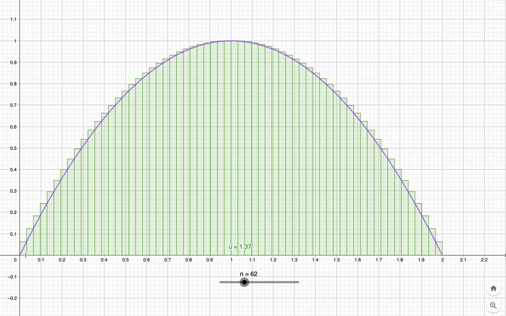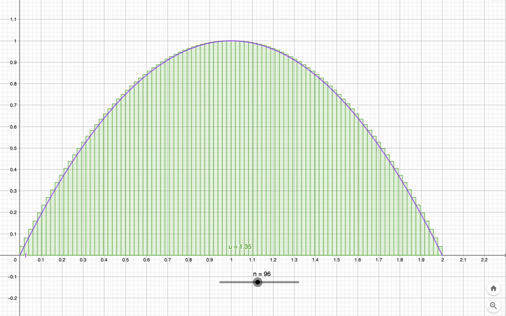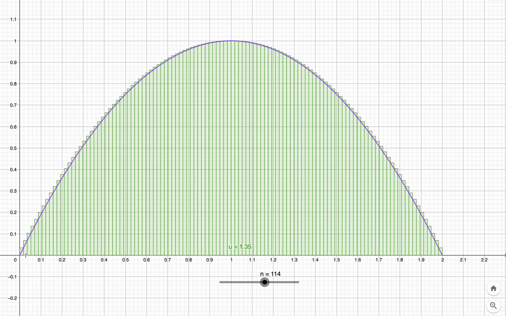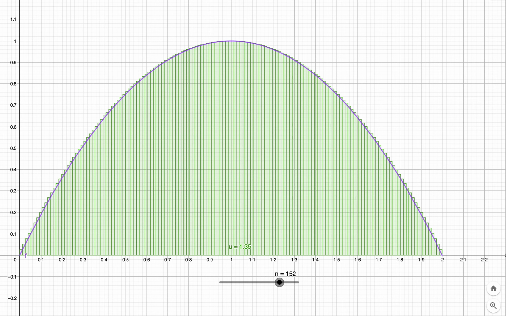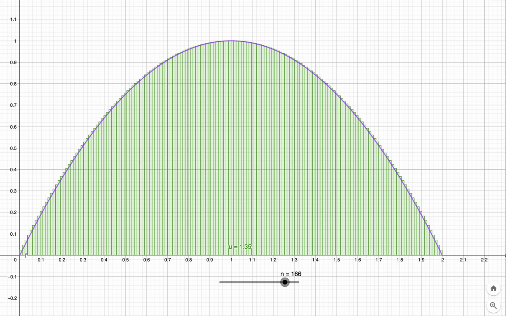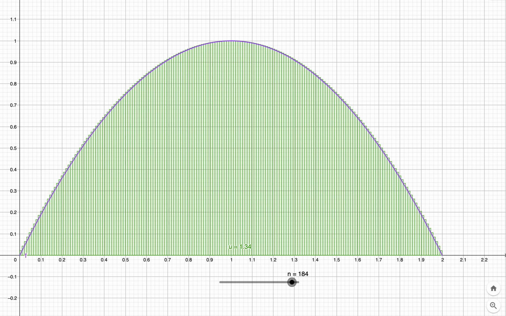That means the sum of the areas of the rectangles is somewhat indistinguishable from the area under the parabola. And you can keep going at it. So we see that the area under the graph of a function can be obtained as a limit of a sum of areas of rectangles. Further, this technique can be used for any function. Actually, not every function, but a lot of them. And this is the basic intuition behind the notion of an integral.